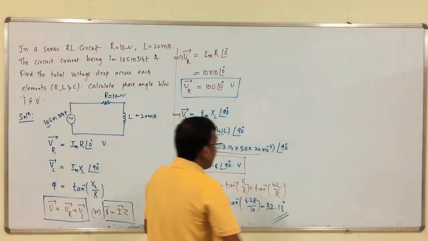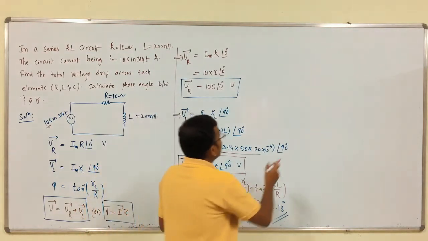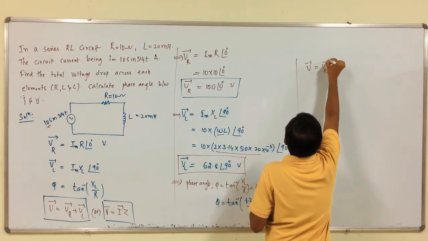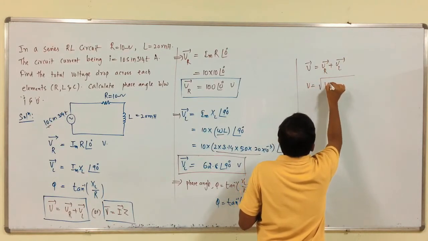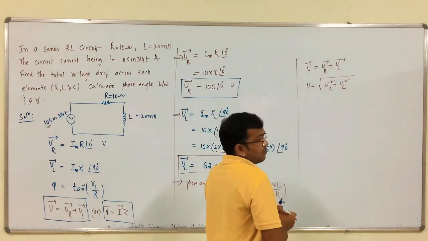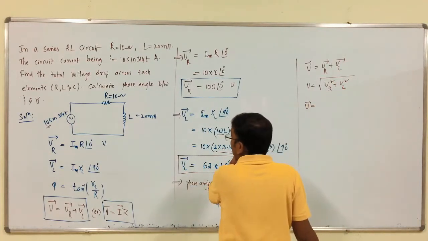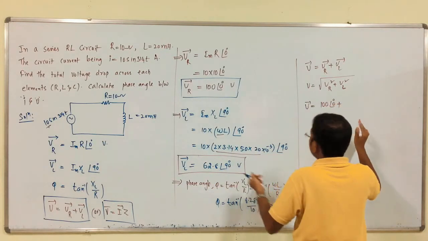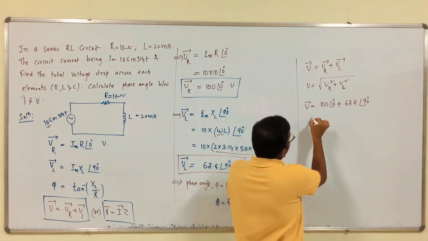So this is the phase angle between voltage and current. Then the total voltage drop, which is nothing but VR plus VL, is equal to square root of VR square plus VL square. Here we can write V is equal to, what is VR here? 100 at an angle 0 plus 62.8 at an angle 90. What does this mean? 100